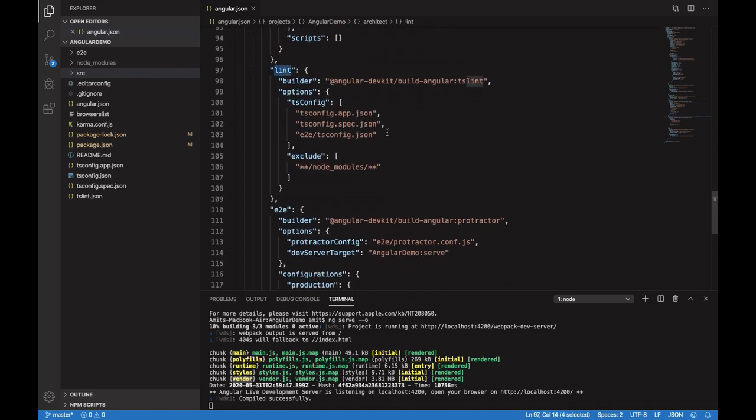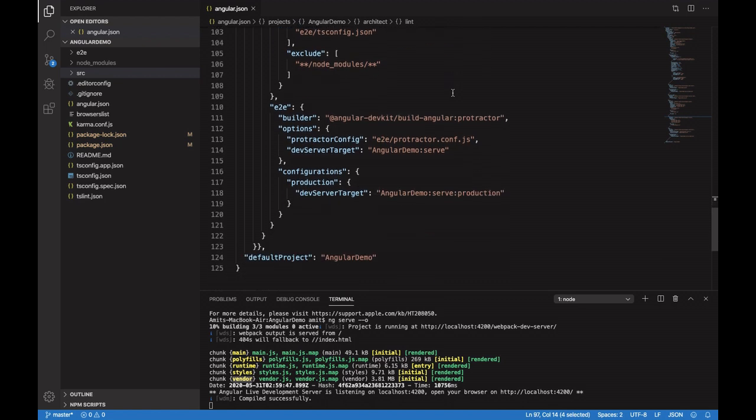Lint, what is linting? New versions of Angular come with a linting tool as well. Linting is basically a configuration file, which is angular lint.ts. This is a configuration file for your TypeScript linting. So if you make any mistake while writing code in TypeScript, those mistakes will get caught, and the process is done by linting files. We'll talk about linting in much more detail.